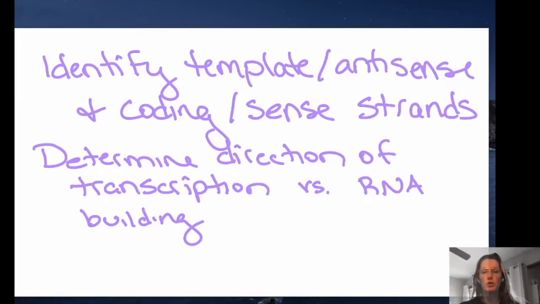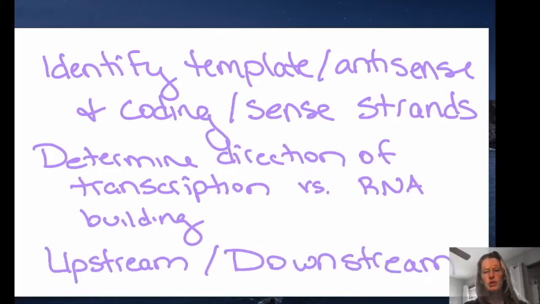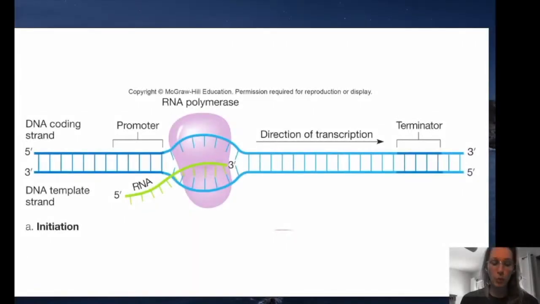What is what we call the direction of transcription? What is that relative to, versus the direction that RNA is growing? And what do upstream and downstream mean when we're talking? Okay, so some important points of clarification about directionality. When we're talking about transcription,